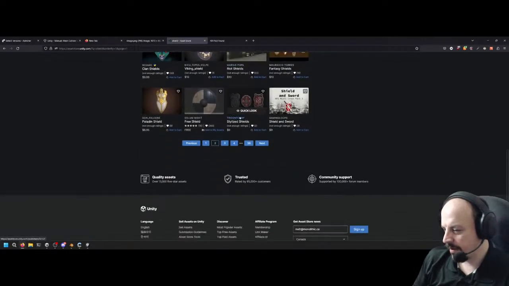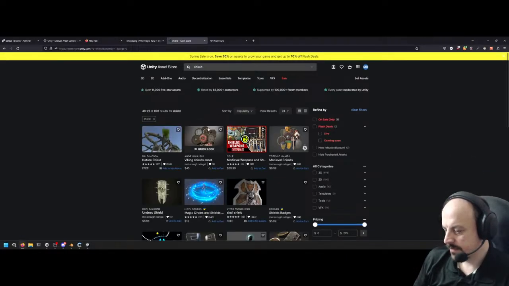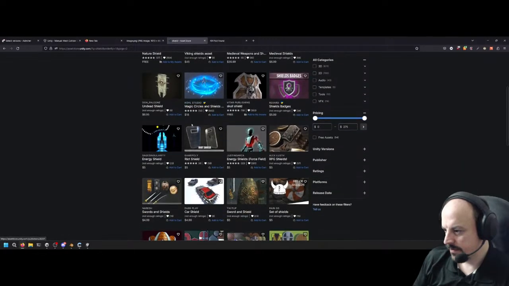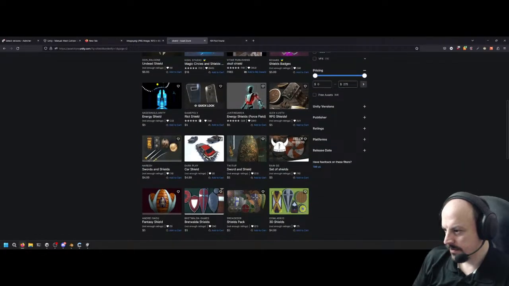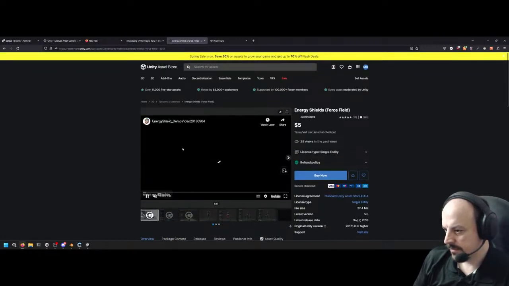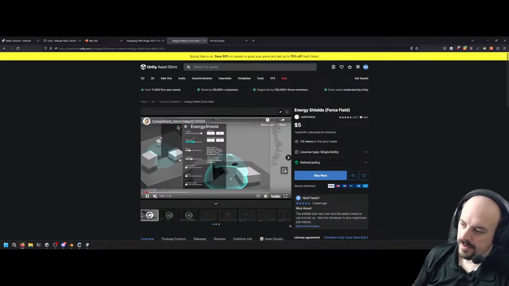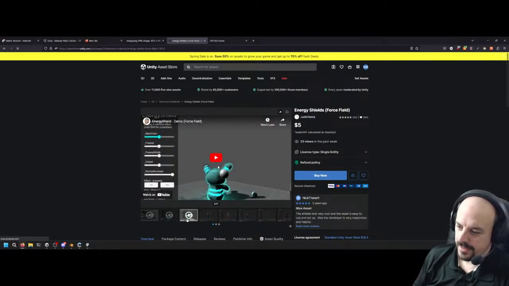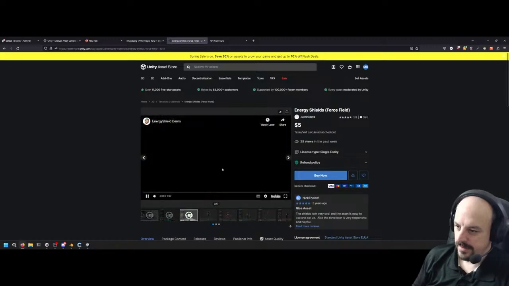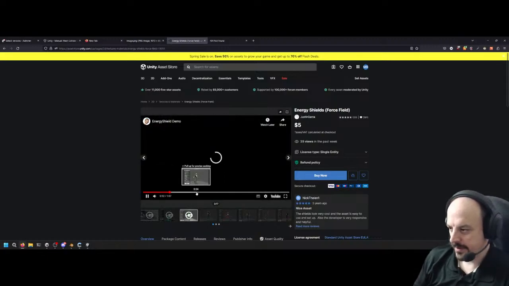Oh, so many are like overkill. And this is literally the same tutorial that I already did. Like these shields here are literally the same, man. They just don't look that great.